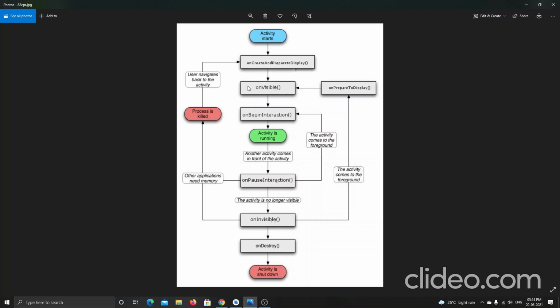And then it moves into onBeginInteraction. This means if there is any login page or anything else that I can interact with in the application, then onBeginInteraction will work, and then the activity will start to run.